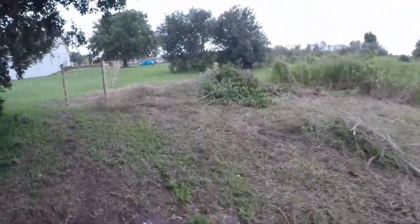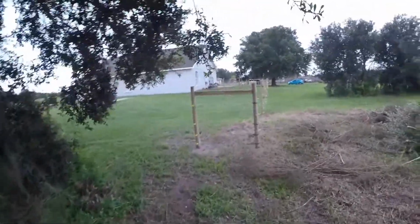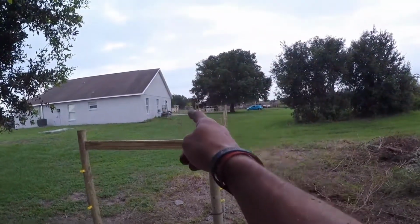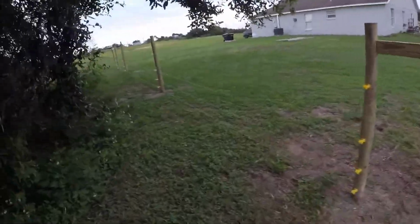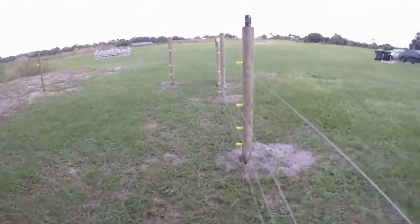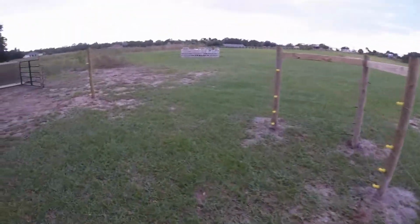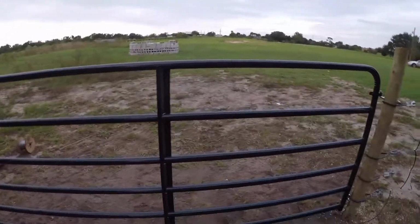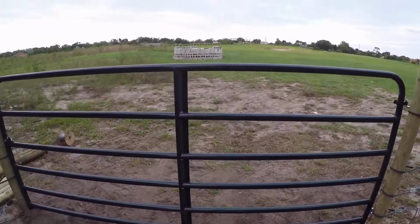So we're coming up here, and then you see this comes here where we take that first cut over by our gate over there, and then we roll up here, and this tree right here is all good cover. We're gonna clean some of this stuff up, but then we cut here, and boom, gate number 3. Sorry, I can't hold 3 fingers holding the soda. Gate number 3, right here, gate number 3. Boom. This gate